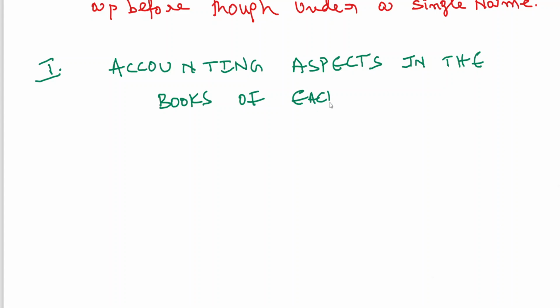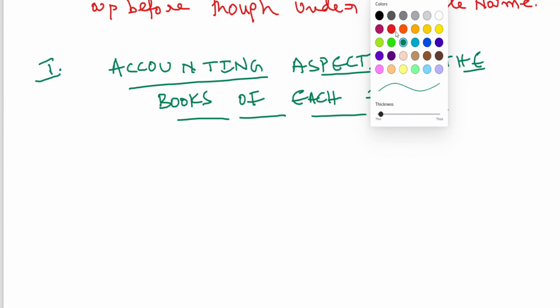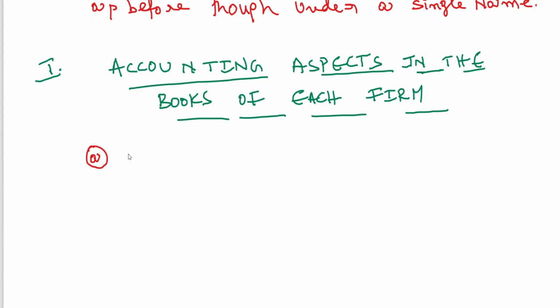each firm. Accounting aspects in the books of each firm. What are those accounting aspects? It means, first one, prepare revaluation account. I am not going to give the entries. You all are aware how to write the entries for revaluation. You will learn that. Prepare